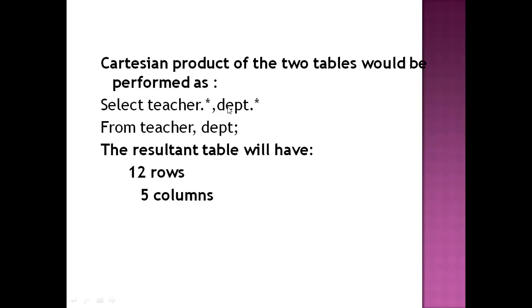See, we have given a query here to connect. We are connecting one table, comma, another table, from. What is from? It is a clause, the from clause. After from, we have to mention a table name. From teacher, comma, department. More than two tables also you can write by separating with commas. After from you have to mention from teacher comma department. I am selecting all the values from this table, and from this table I am selecting all the values.